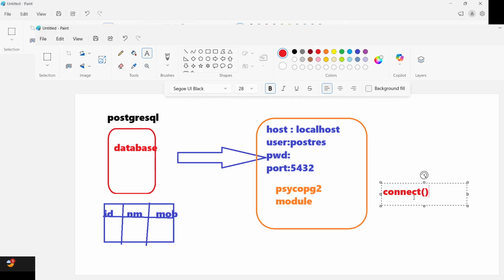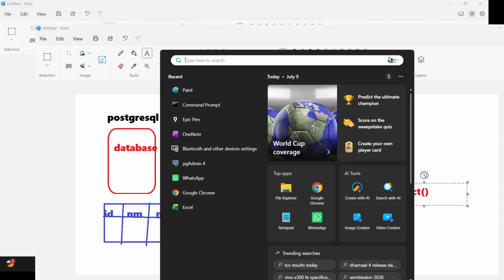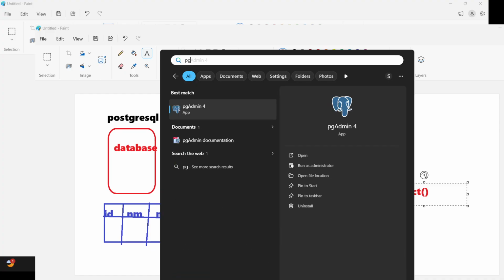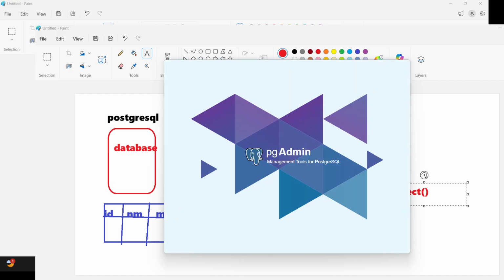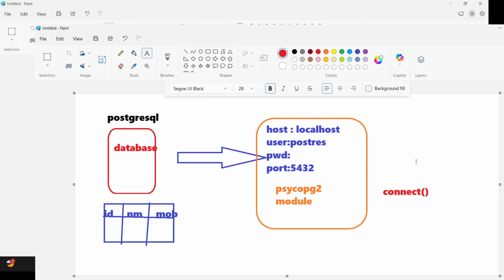We have created many databases. If you remember, let me open pgAdmin 4, and I will revise some basic queries so that you can connect. Until it opens, let us install the module.